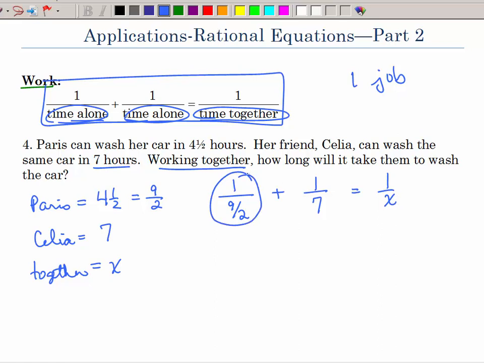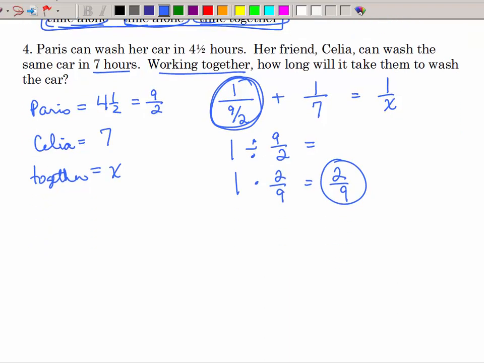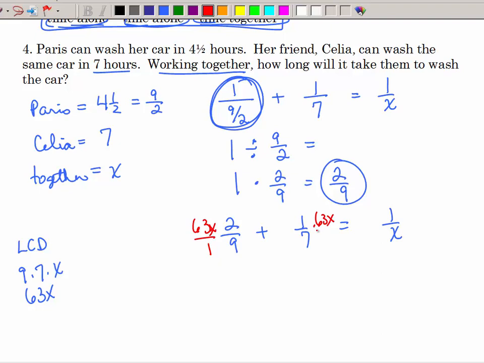Now let's talk about that. That's pretty ugly. What does that really mean? That means 1 divided by 9 over 2, which means 1 times 2 over 9, which is just 2/9. So I'm going to replace this with that and rewrite this equation. So I have 2 over 9 plus 1 over 7 equals 1 over x. So how do we solve for x? Well, we're going to find that LCD. So we need 9 times 7 times x. I believe that's 63x. So let's multiply everything by 63x